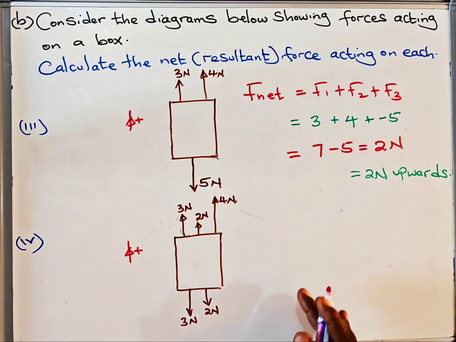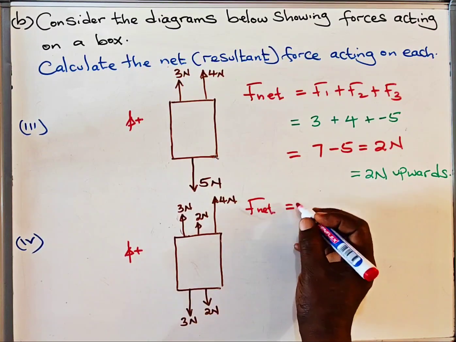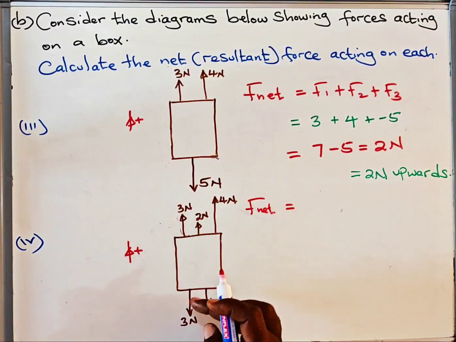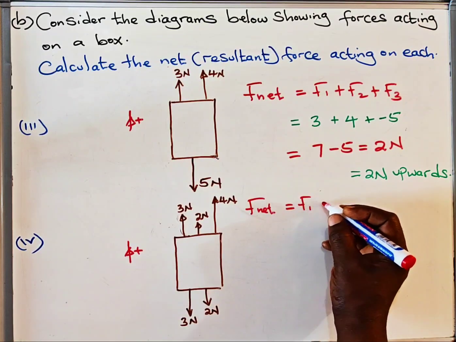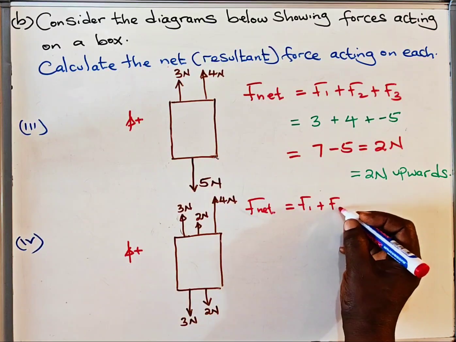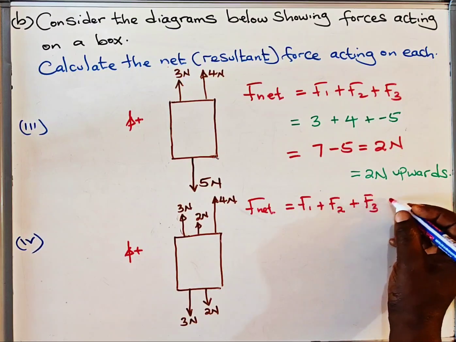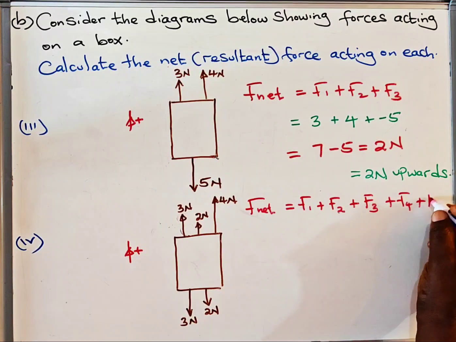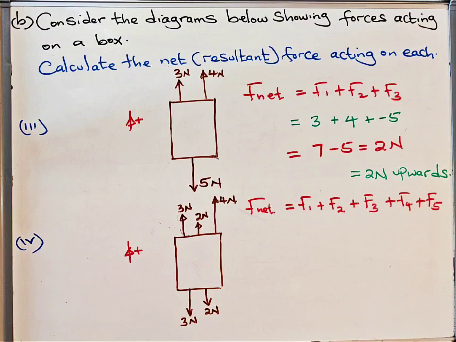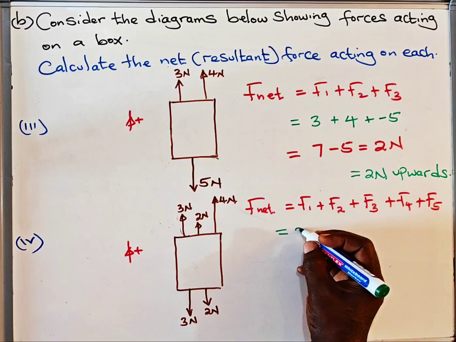So we are going to say F net is equal to 1, 2, 3, 4, 5, so it's going to be equal to F1 plus F2 plus F3 plus F4 plus F5. Next, we substitute. F1 is 3